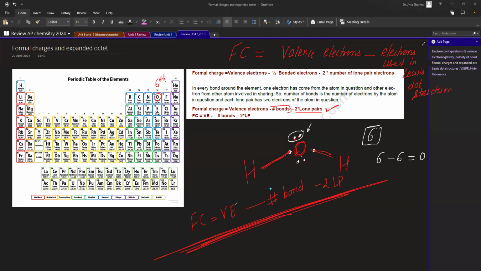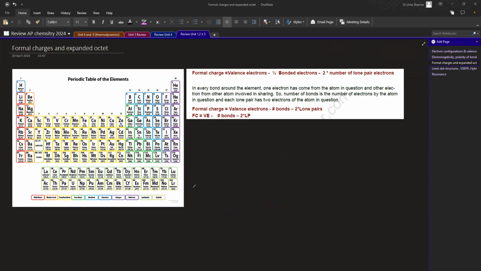Okay. Now see here. I'm going to tell you the meaning of expanded octet also. So let's work with these elements. Boron has how many valence electrons? 3. So it can make maximum 3 bonds. And you can see boron like this in the molecule, or you can see boron like this in the molecule. But if I say that boron is present like this,